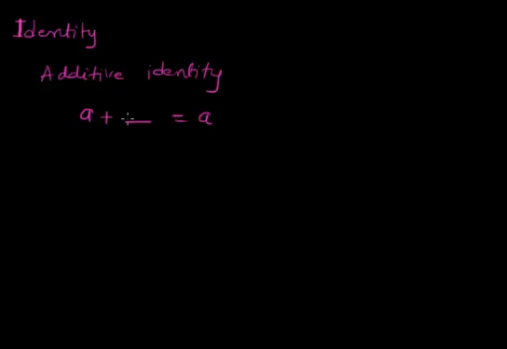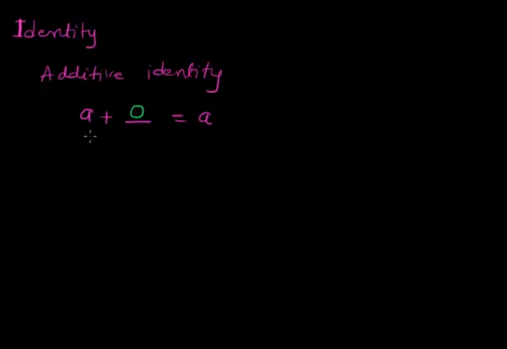Now I'm going to give you an idea of identity and inverse. First of all, we'll take identity. Now, what is the meaning of additive identity? Additive identity is a number which can be added to any number to get the same number. A number, additive identity, is that number which can be added to any number to get the same number as the result. And that additive identity is